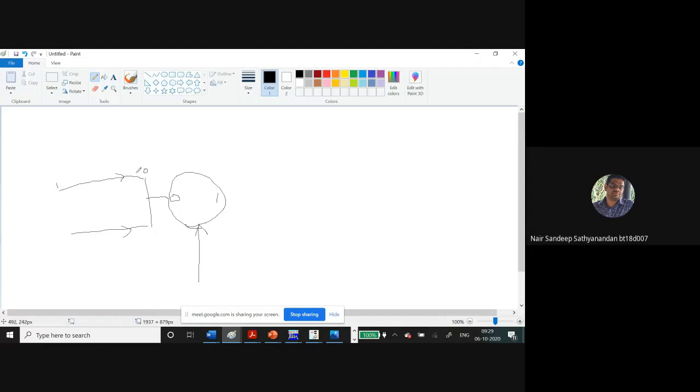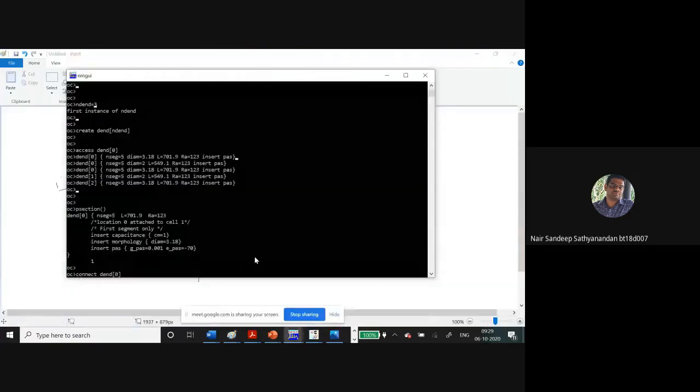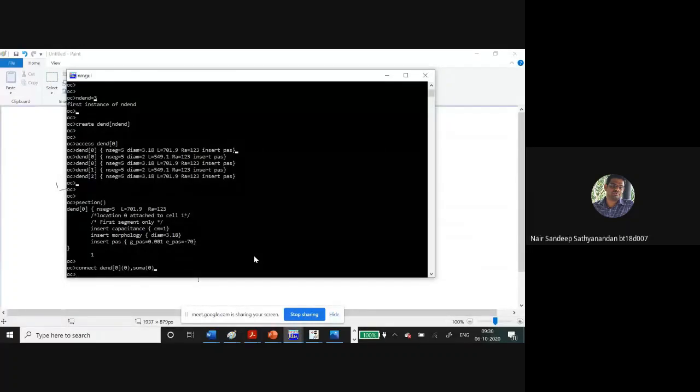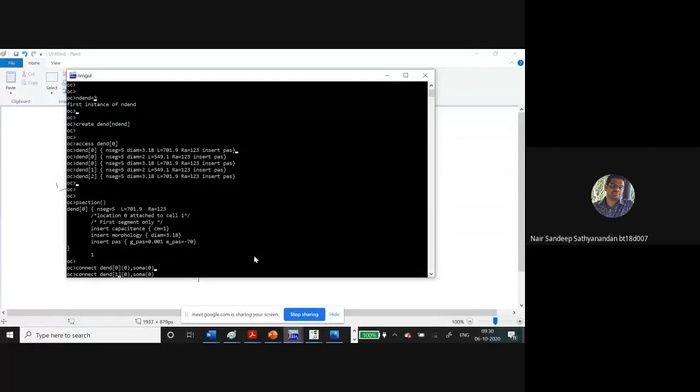So if I mention 0.1, that is here, and then 0.9 will be here towards the 1. So I will connect the proximal end of dendrite 0 to the soma. So that connection is done. And then in order to connect the other dendrite, I just need to change the index and use the connect command.